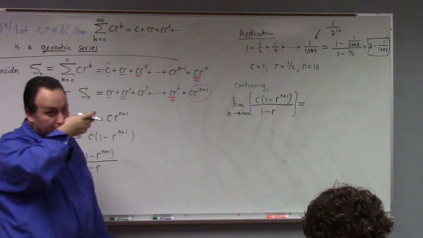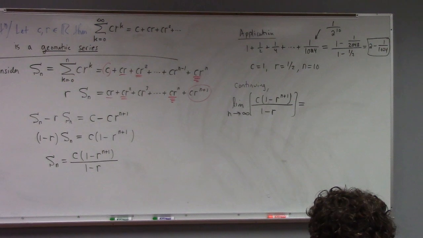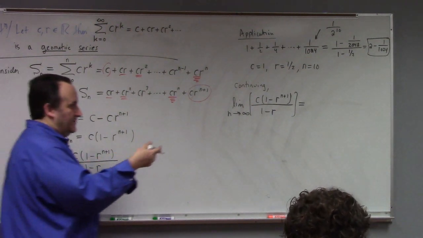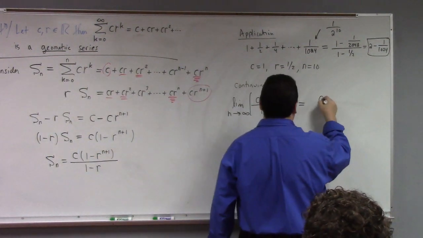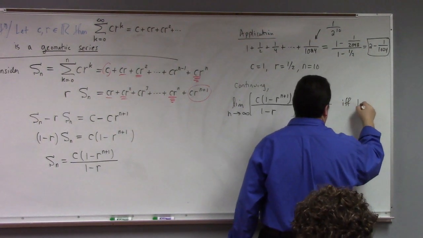How about this? If we studied this limit, the limit of r to a power, how does it go? If you take the limit as n goes to infinity of r to the n, what was the story? It only converges when the absolute value of r is less than 1. Otherwise, that r to the n plus 1 term blows up. This we proved. So this is equal to c over 1 minus r